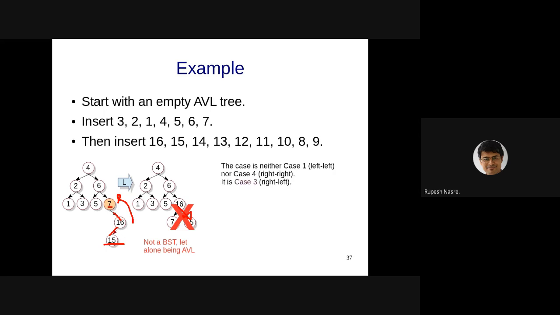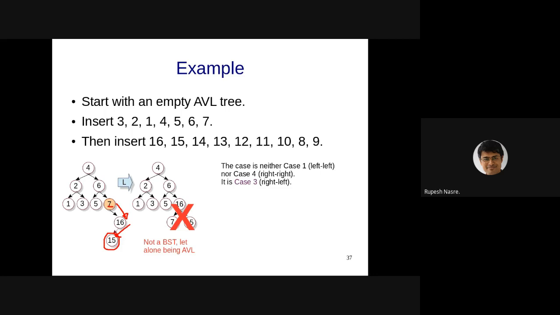It is actually a right-left case. How? Let me just show you that. This is the right and then the left. So it is occurring in the right subtree of the imbalance node, and the child that got inserted is the left child. And therefore, this is an RL case. If this is an RL case, then we have really not seen how to take care of this, but we know that one needs to do a double rotation, not a single rotation, a double rotation.